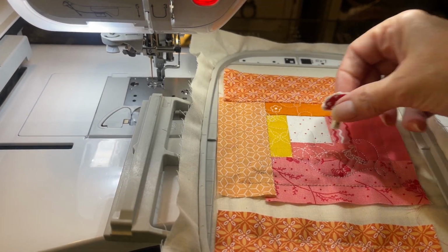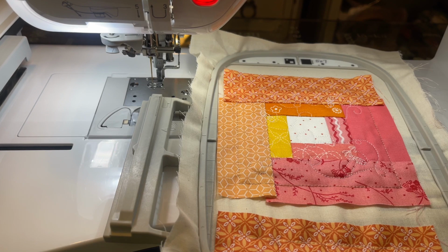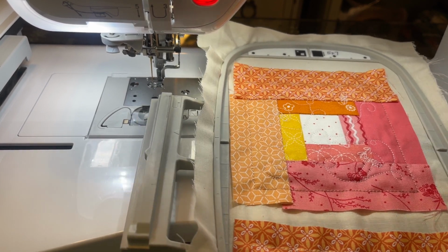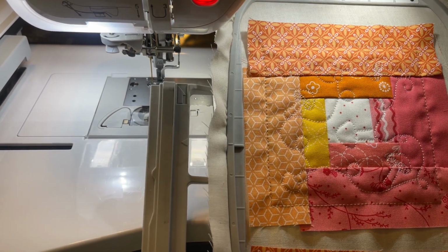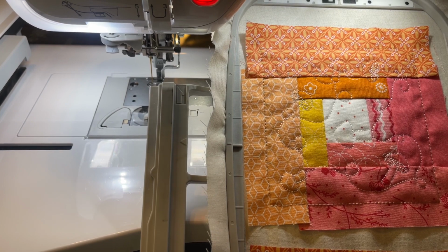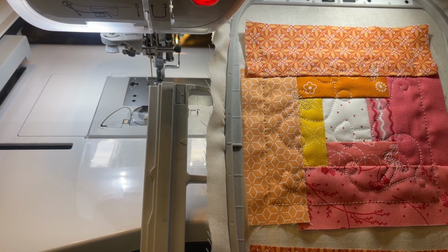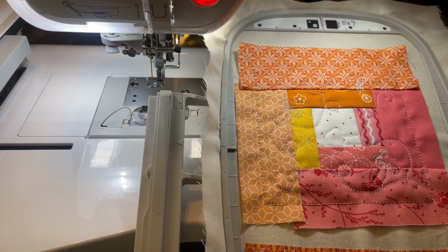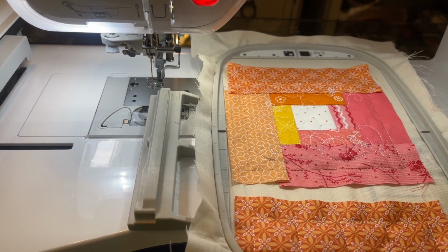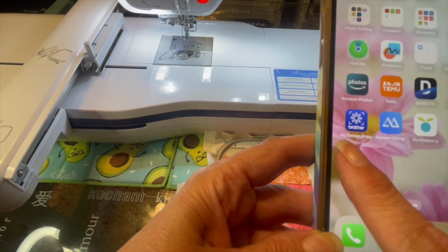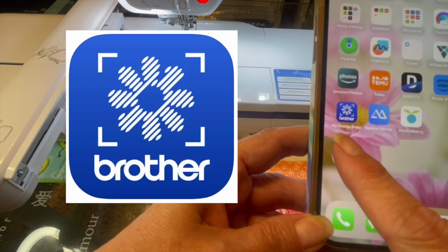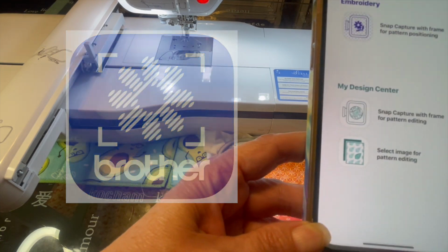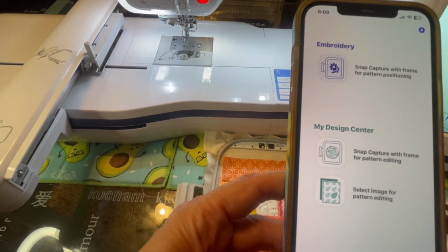But since our log cabins have already been completed, we need a way to get the mushroom design into the center of the block. And in order to align properly, we're going to use an app from Brother called My Design Snap. Let's get started. Now we're going to use this Brother app called My Design Snap. We're going to use the top feature,